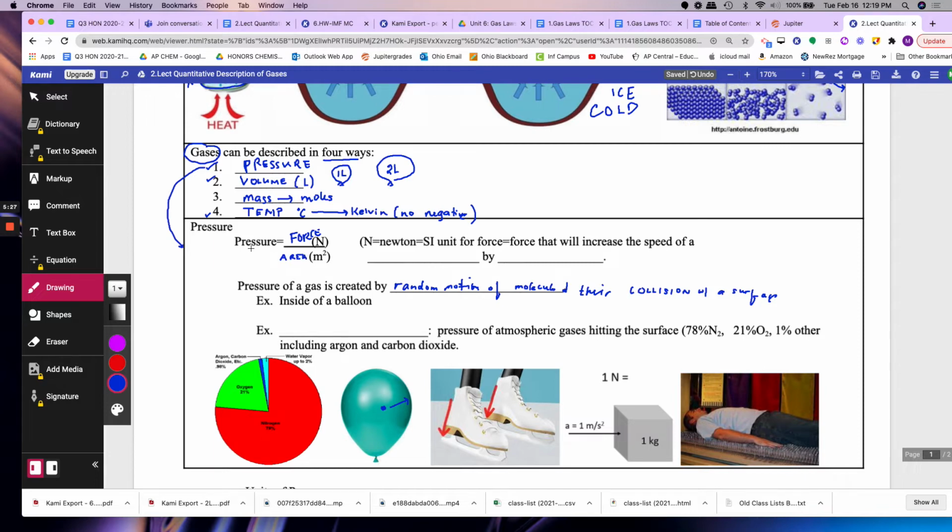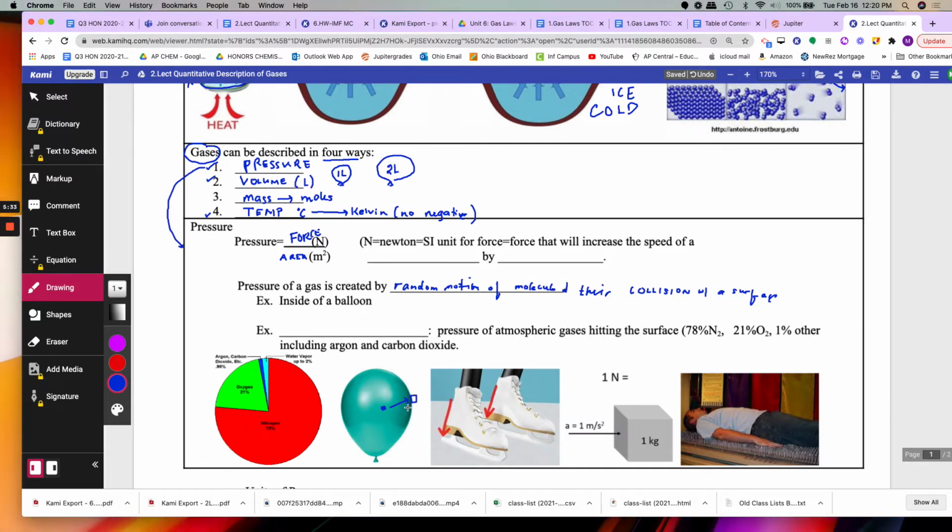So pressure equals force per unit of area, how much area it's hitting on this side of the balloon. The unit of force is the Newton. A Newton is a unit of force that will increase the speed of a 1 kilogram mass by 1 meter